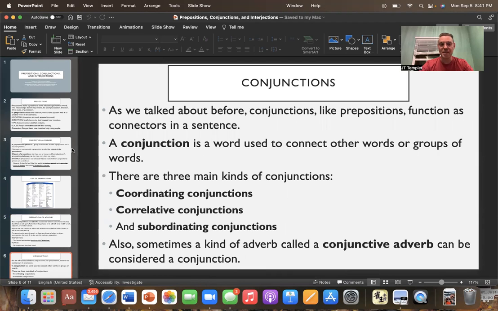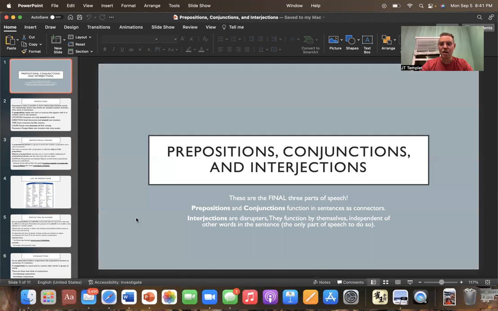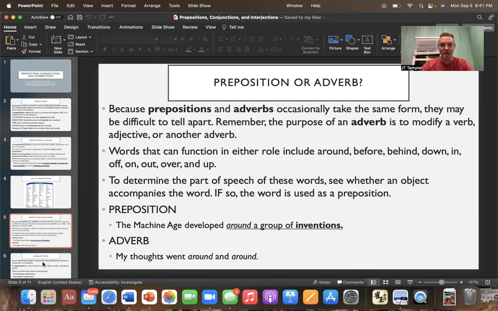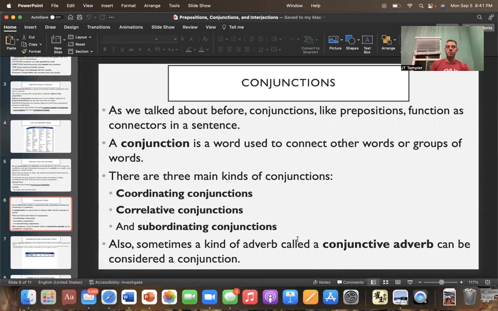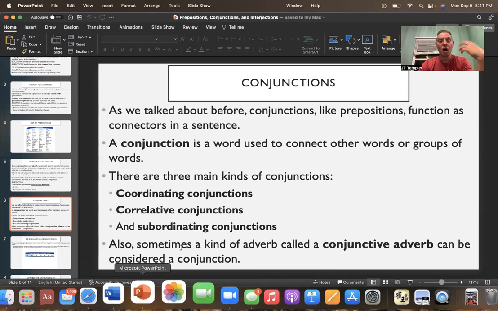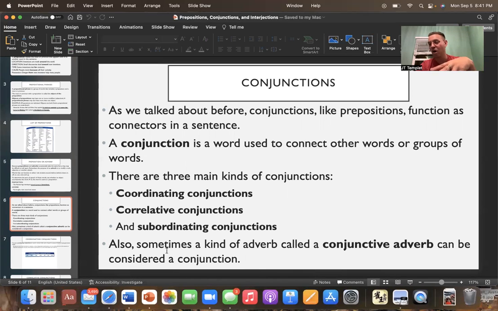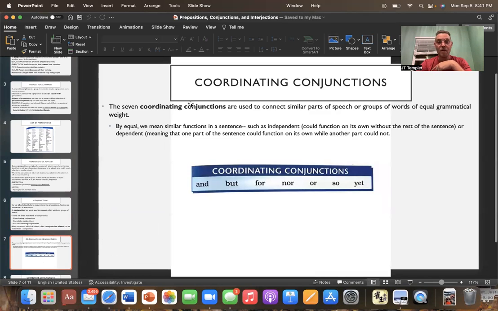Conjunctions, just like prepositions, connect different parts of the sentence. A conjunction is a word used to connect other words or groups of words. There are three main types that we're going to talk about today: coordinating conjunctions, correlative conjunctions, and subordinating conjunctions. Also, sometimes a kind of adverb called a conjunctive adverb can also function as a conjunction, and we'll talk about that. Coordinating conjunctions. The 7 coordinating conjunctions are used to connect similar parts of speech or groups of words of